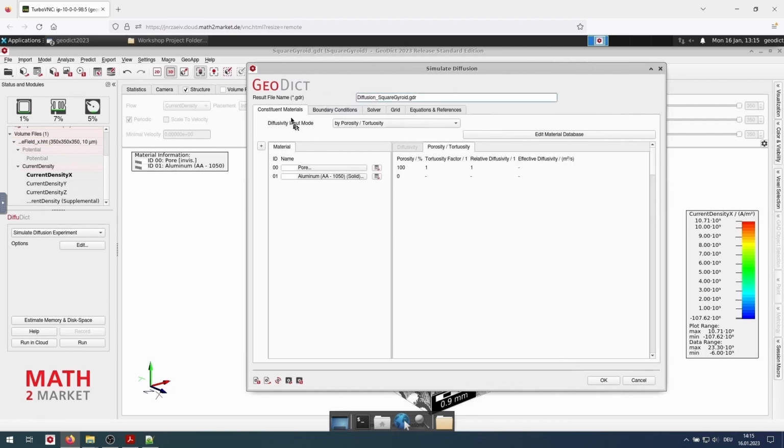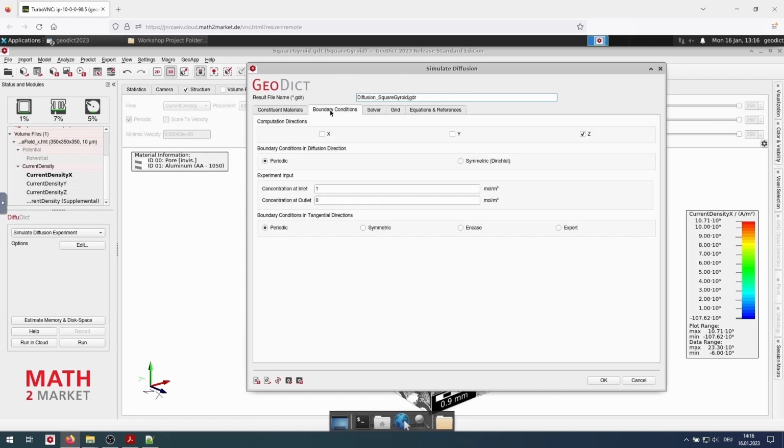And in the first step, the constituent materials, we can see the diffusivity of the single materials, or in this case, the tortuosities. We can set the boundary conditions. We calculate in X direction, so uncheck Z direction. We can always calculate periodic. This is very good because this saves us runtime and also memory.